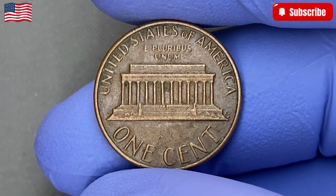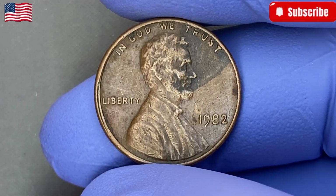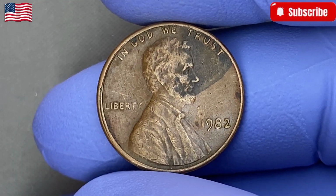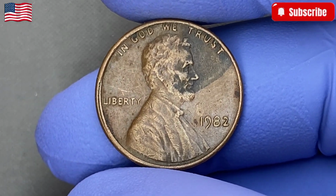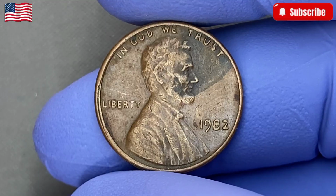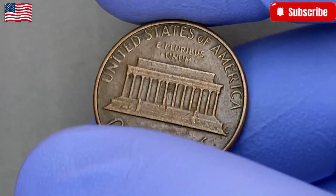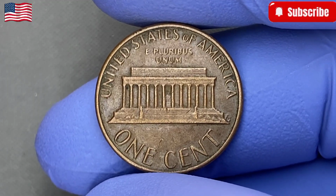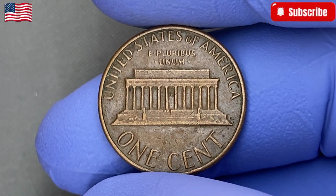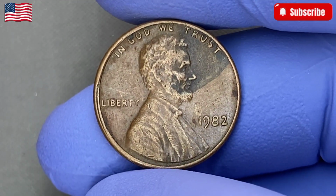Collectors love the 1982 penny because it isn't just one coin, it's a whole family of varieties, including copper cents, zinc cents, large date designs, and small date designs, making the year a playground for collectors who enjoy identifying subtle details and searching for hidden gems. Even though billions were produced, the fascinating part is that some specific varieties are incredibly scarce, and the combination of metal transition and design changes makes the 1982 cents feel like a treasure hunt waiting to be explored by anyone